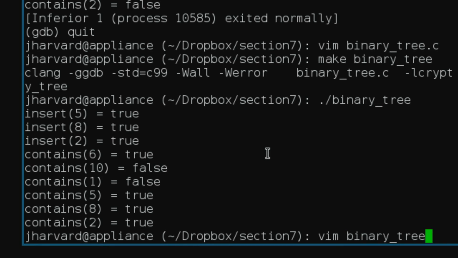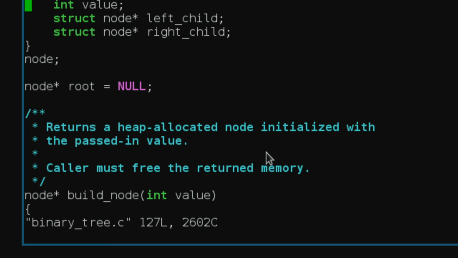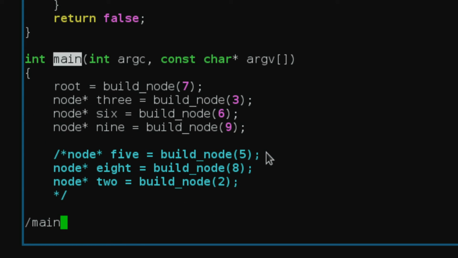So the final thing to think about is, well, are there any edge cases to this insert? And it turns out that the one edge case that is always interesting to think about is what happens if your tree is empty and you call this insert function? Will it work? Well, let's give it a try. Binary tree.c. And so the way we're going to test this is we're going to go down to our main